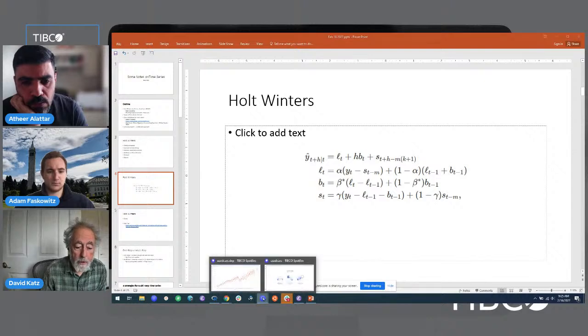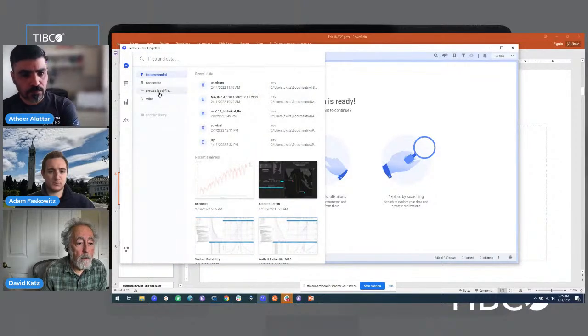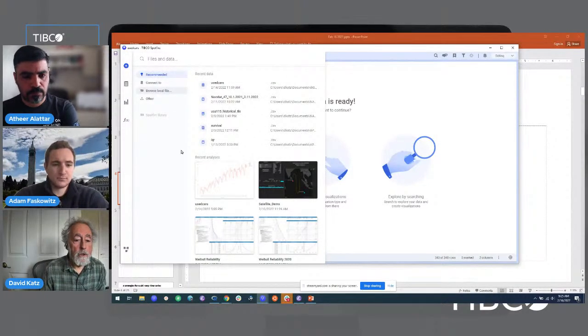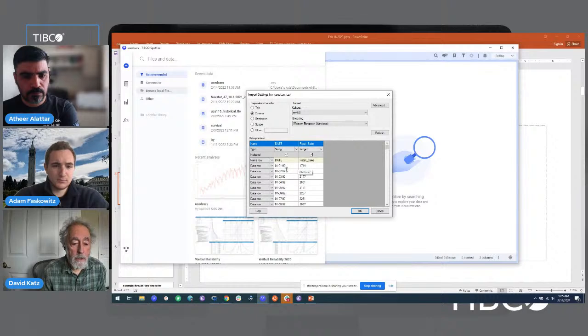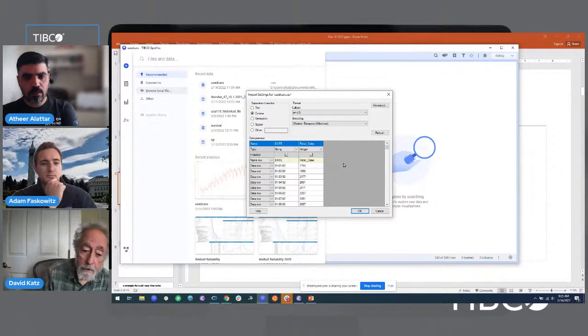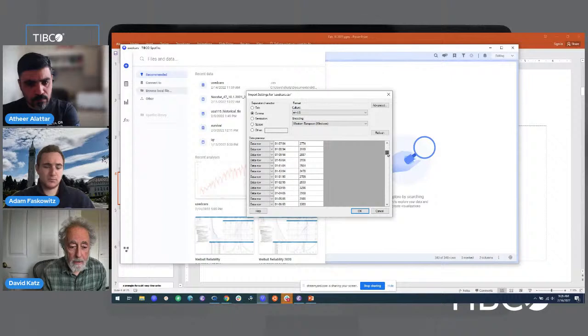So let's open up Spotfire just for a second, and I'll open up a very simple open source time series data set, and of course it shows us what that looks like. It just has a date and sales. And in the interest of time, I won't go down all the rabbit holes that I encountered when putting this together, but I would just point out that if you look carefully at the date column,